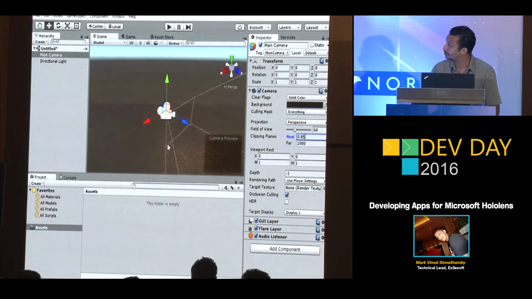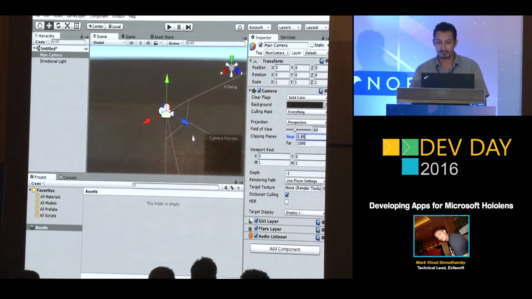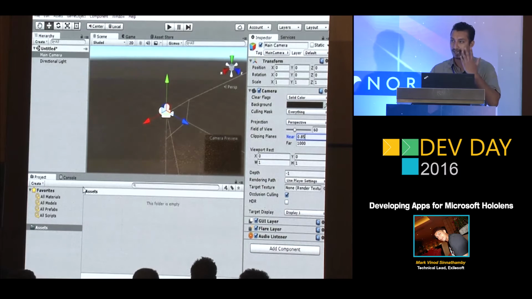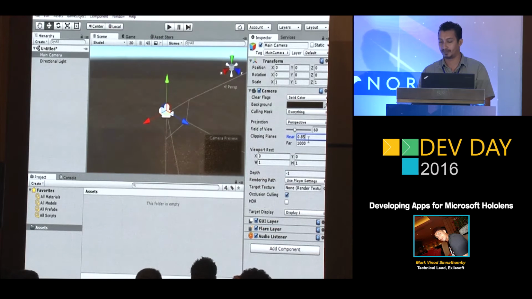If you can see my mouse pointer, it's this rectangle which I have increased to 0.85. So any object in front of this plane will not be rendered, and any objects inside this plane will be rendered. And that is called the near clipping plane. That's basically due to the calibration with our eyesight. So Microsoft recommends a near clipping plane of 0.85